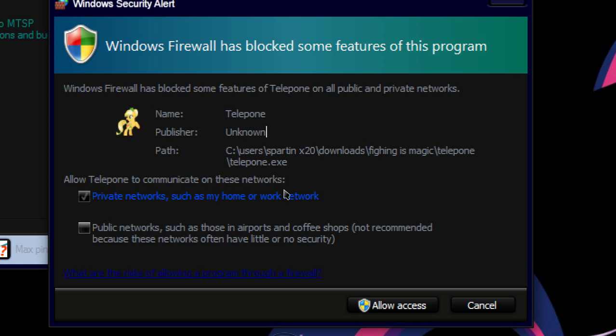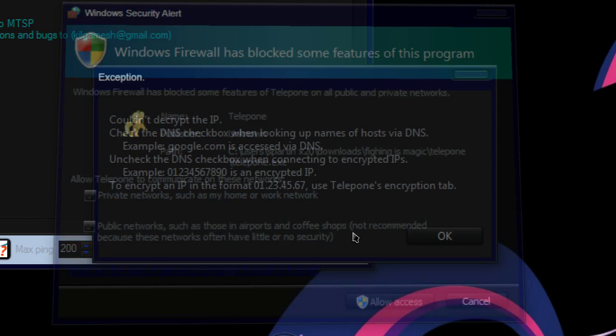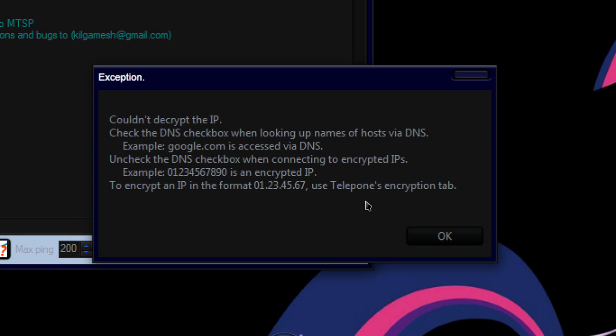For instance, you have your internet at home, you want to be allowed to communicate and be able to do stuff. I recommend you just select both of these for ease. I mean, you can do whatever you want. You're more techie than I am, and you can do whatever you want to protect yourself. Just click the allow access button, and I will note that you need to be an administrator.